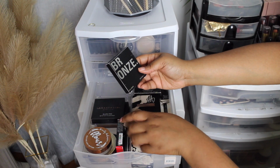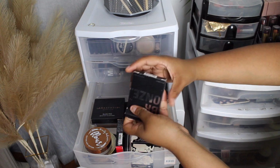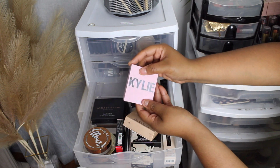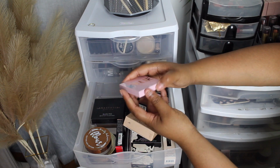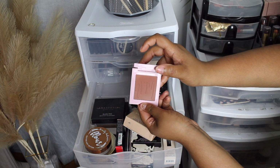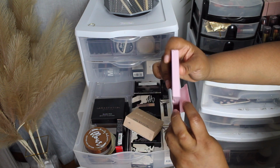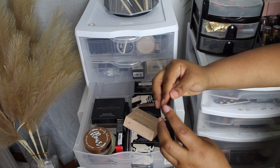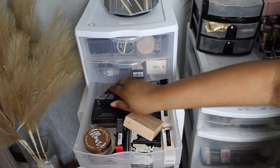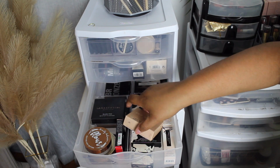This is the Kylie Jenner bronzer in the shade Tanned and Gorgeous. This bronzer is so good, so pigmented, but I got it in the wrong shade. It's too red tone, and I got it a couple of years ago in Ulta. It was around the time they were having a sale, I think, and I got it so quick because the line was so long